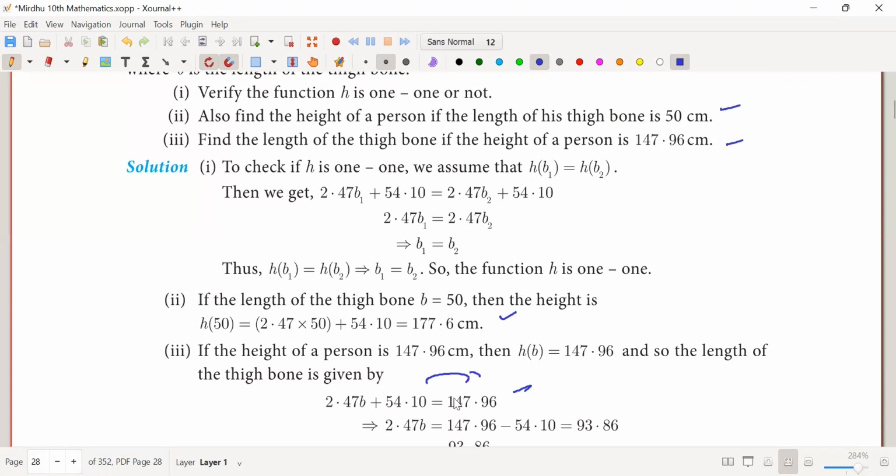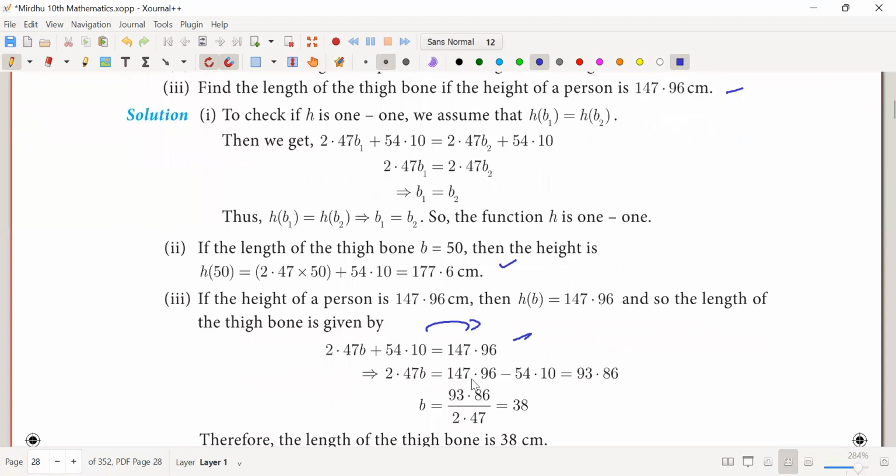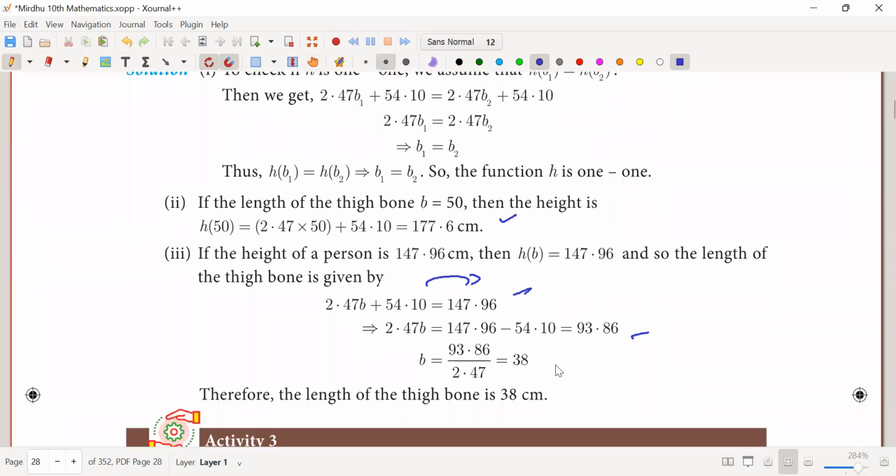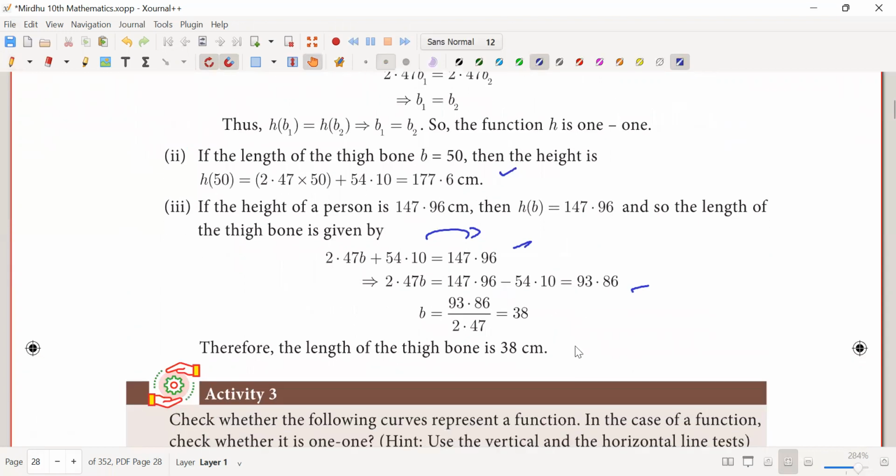Okay, this 54.1 will be coming here. I'll be subtracting it and dividing it by 2.47. You'll be getting the answer. Okay. When you make it simple, you can easily get the answer. Right? When you make it simple, it will be easy. Otherwise, it will always be very, very tough. Right? So,